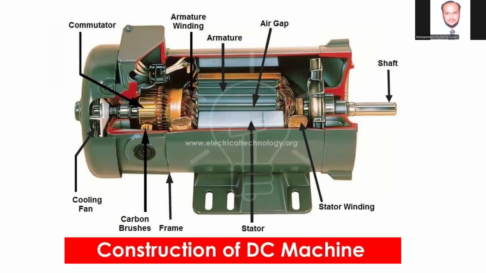Now this is the brush holder, which carries the brushes. These are the carbon brushes, placed over the commutator. They are continuously touching it, just similar to the pantograph of a train. You might have observed that. Suppose this is a train locomotive. It runs over the track, whereas it collects the current from the overhead conductor. So you will find such a pantograph